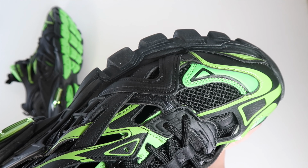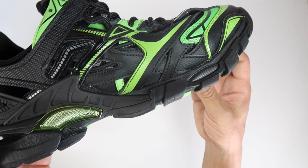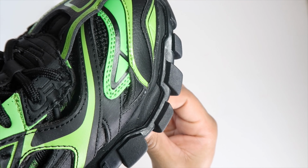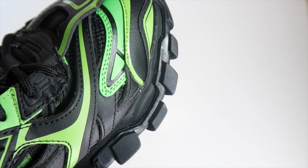This looks like a waterproof shoe, but there's so many ventilation holes it can't be waterproof. But just, I don't know. Would you guys wear this? Look at that. That's pretty much why they're so heavy, though. All that rubber and